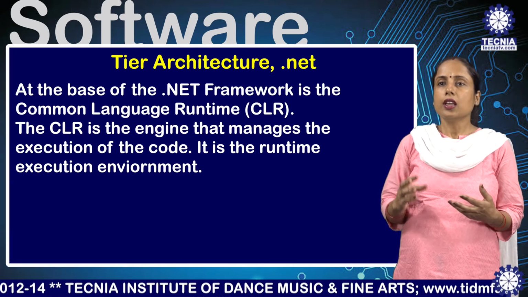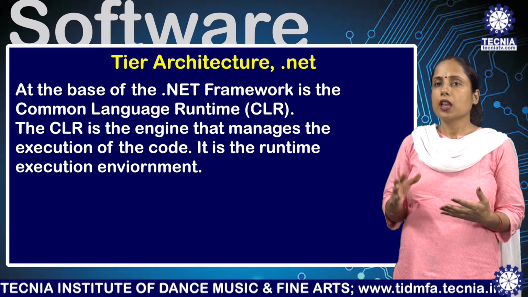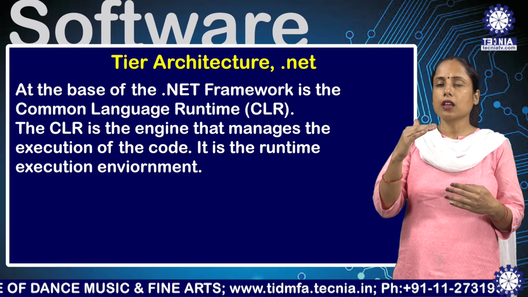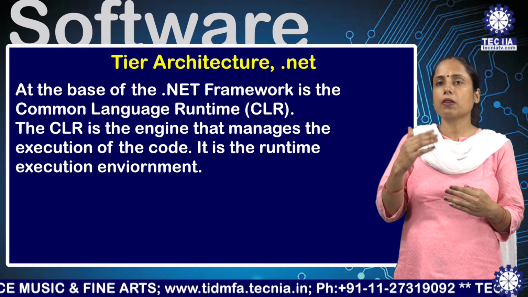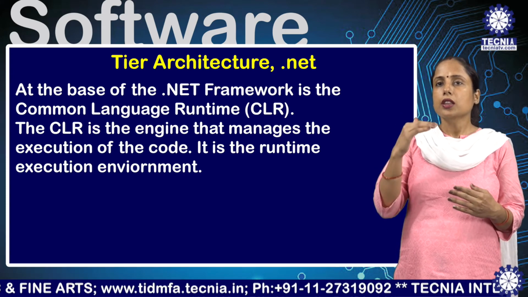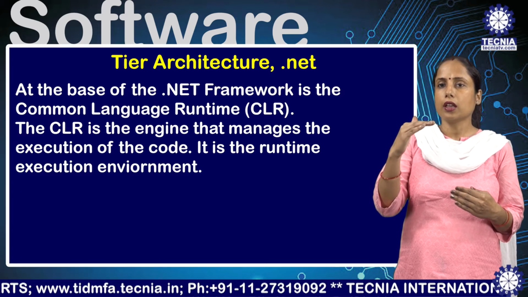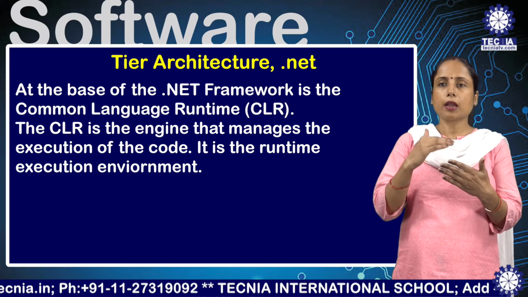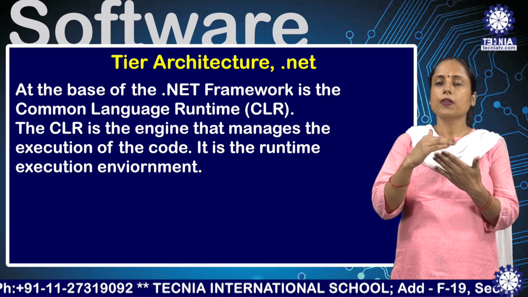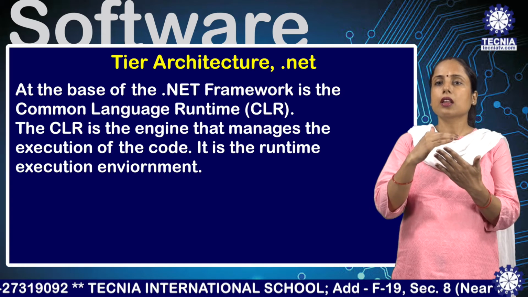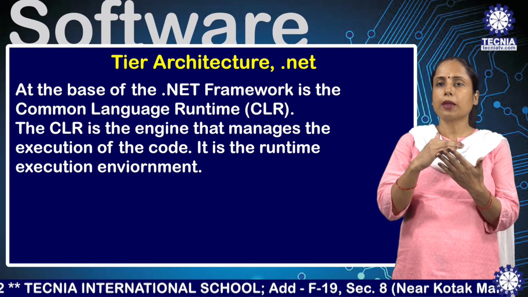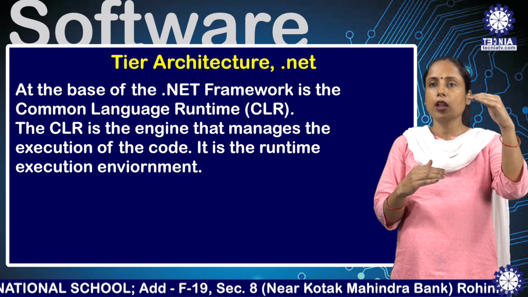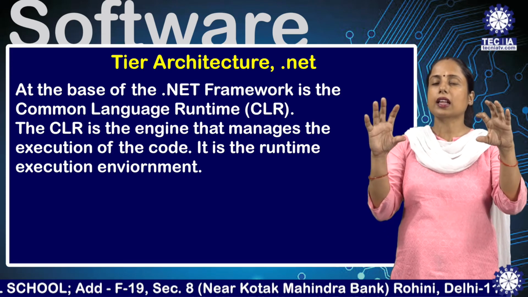Now you can see the diagram of .NET framework, in which we can check the various levels that are used in .NET framework when we are working on a particular application. The lowermost level is your operating system, which is actually interacting with the machine. But the basic level of .NET framework is CLR, that is Common Language Runtime. Above that, there is Base Class Library. Above that, your data layer, that is ADO.NET or XML.